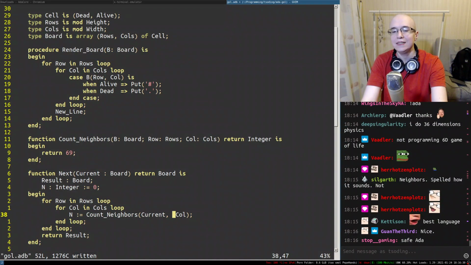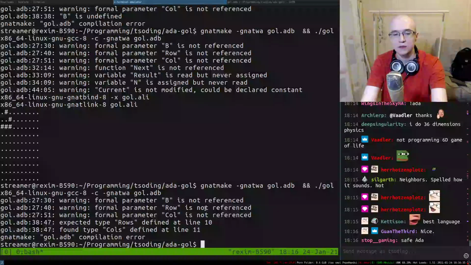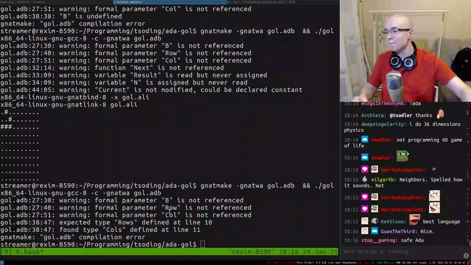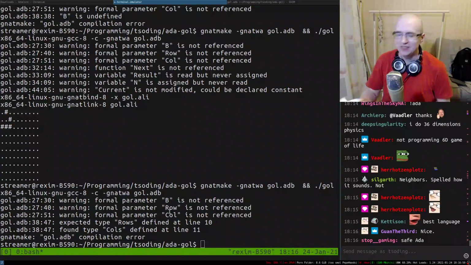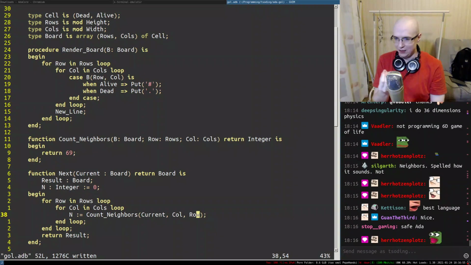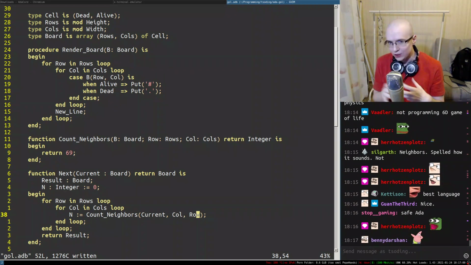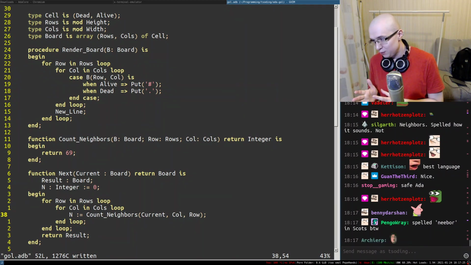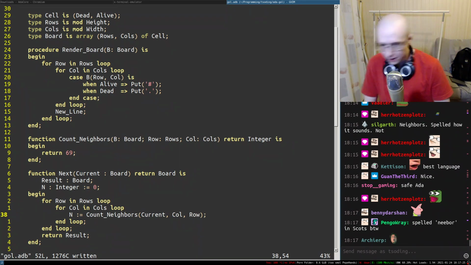But now, what if I accidentally confuse rows and columns? What's gonna happen? It doesn't compile. Expected type row, found type column. Can Rust do that? Well, Rust can do that, but you have to explicitly define that. But think about Ada: Ada kind of encourages this kind of style of development. You can do this kind of style of development in any language where you can define new types, sure, but none of the languages actually push you towards this kind of style. And this is what's interesting about Ada. It really encourages you to write like that and define as many of these type aliases as possible. They're not really type aliases, they're completely different types. So that's what makes it interesting, right? It's not just a possible way of developing in Ada, it's the encouraged way of developing in Ada. Anyway,